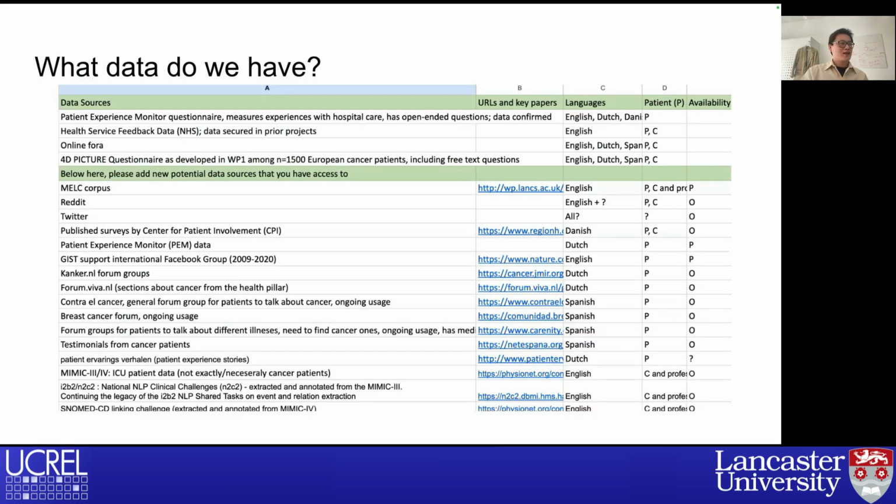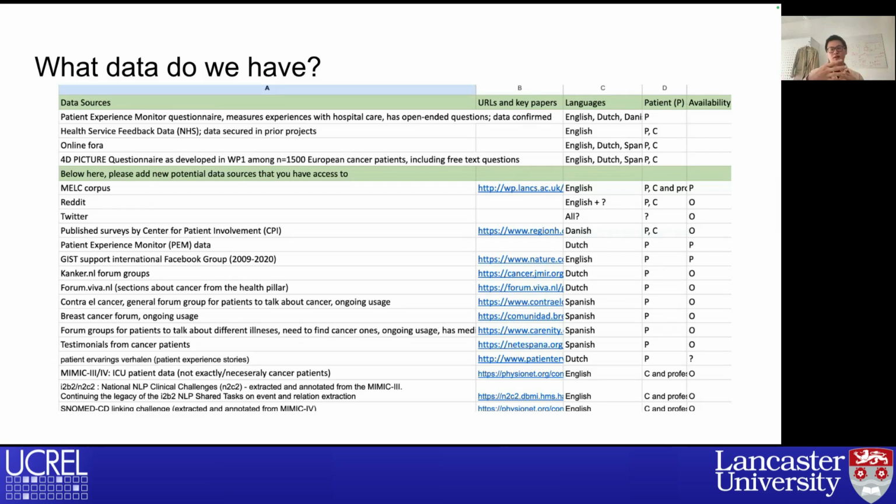And data-wise, what we have, you can see there is a lot of data we can try. Some are Dutch, some are English, some are Danish, including forum data and patient journal books, and questionnaire or interview data. So they are all different formats. It's about what we can do with these different types of data, and what types of data are suitable for what topics. For example, for topic modeling, we might need a lot of data, right?